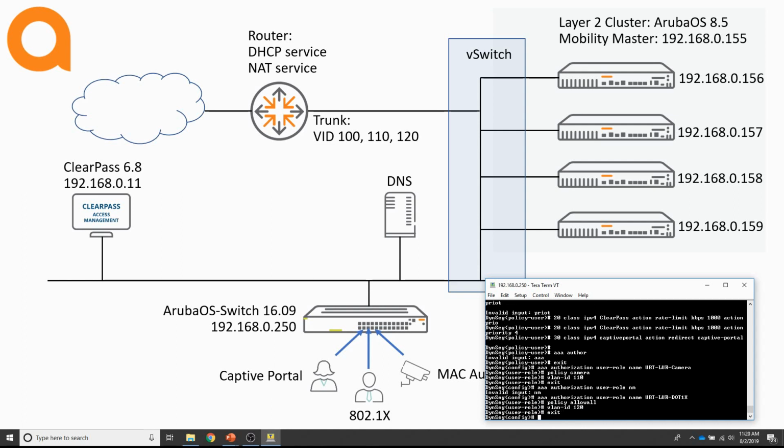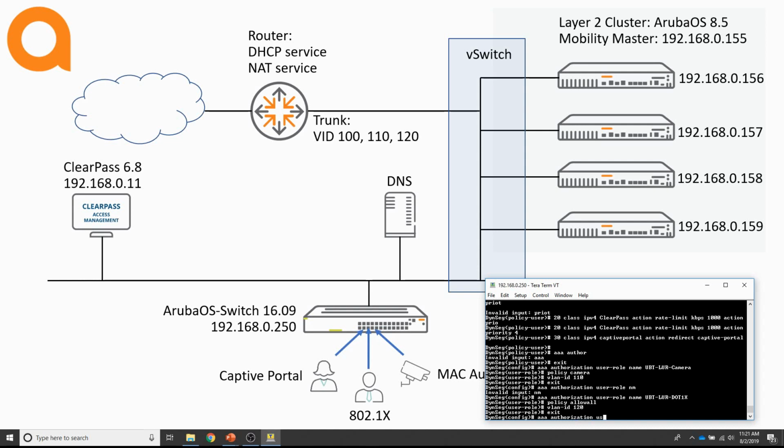And then for the captive portal, I need two user roles. One that performs the redirection and one that is applied to the authenticated guest user. For both roles, I will use the same VLAN ID. Of course, if you want to assign different VLANs for the pre-authenticated web guest, that's fine. First, the redirection user role. So in that role, I have to assign the captive portal redirect policy and then assign the captive portal profile and the VLAN ID. So AAA,